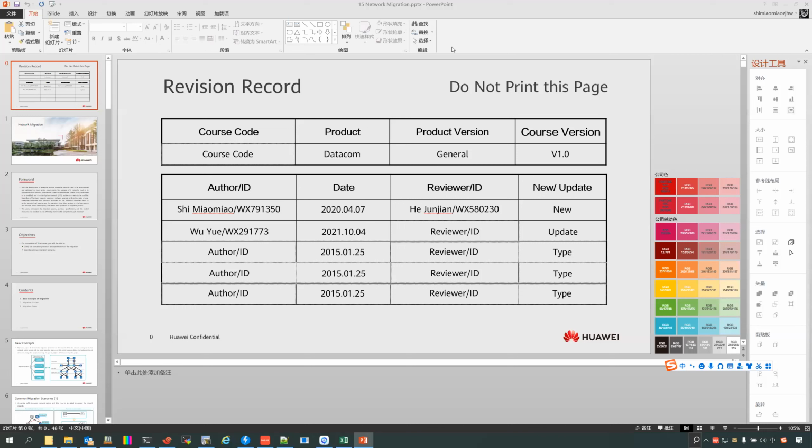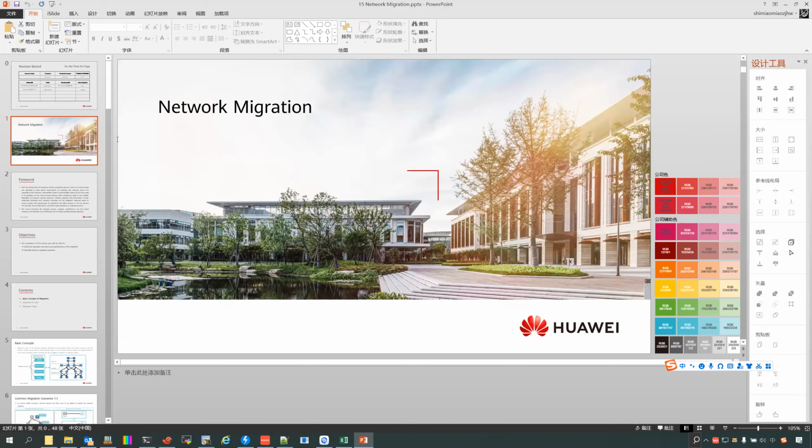Now let's continue with another lesson. This lesson is not a technical lesson. You will find that it introduces the